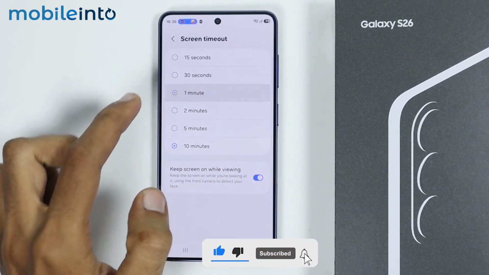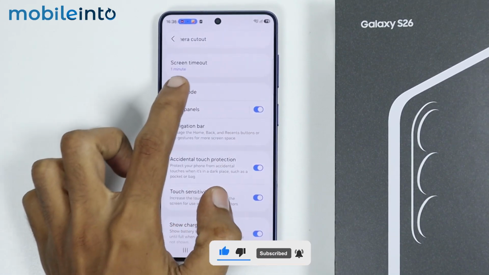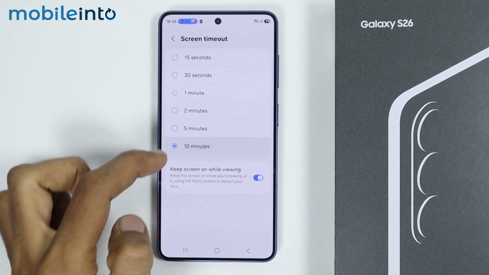And this is how you can change the screen timeout period on your Samsung Galaxy S26, S26 Plus, or the